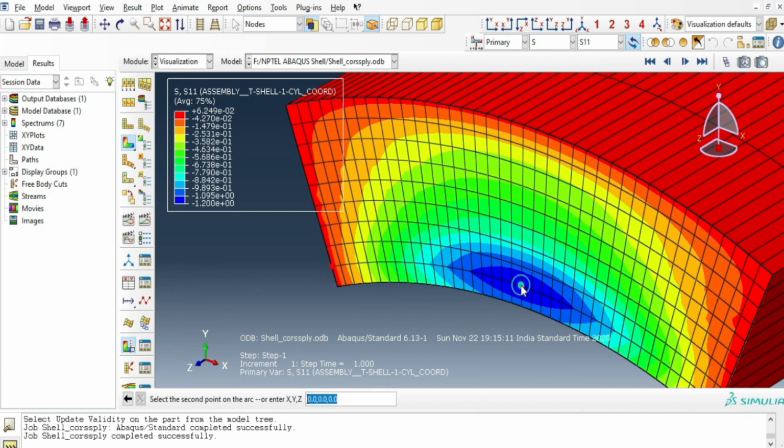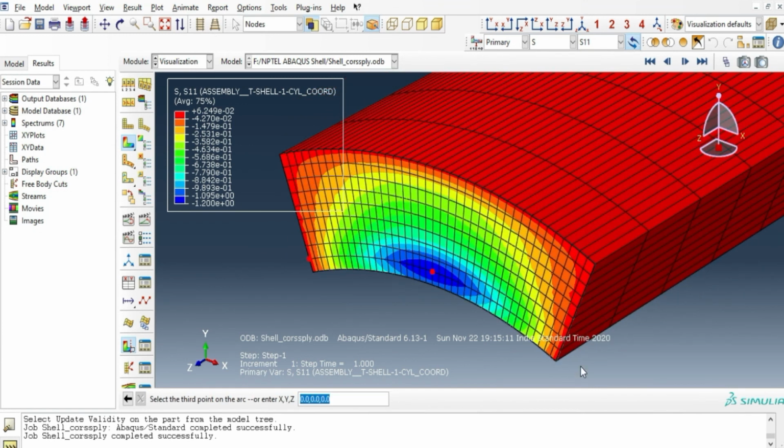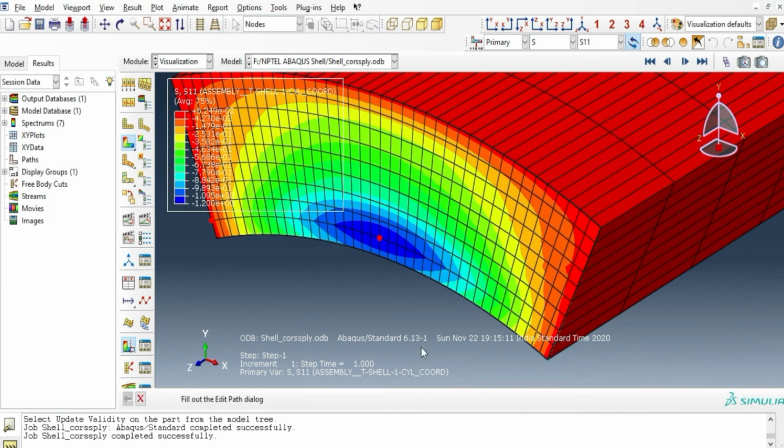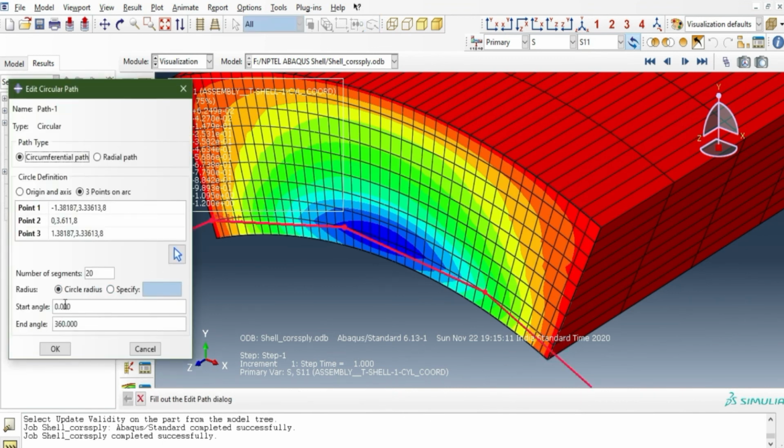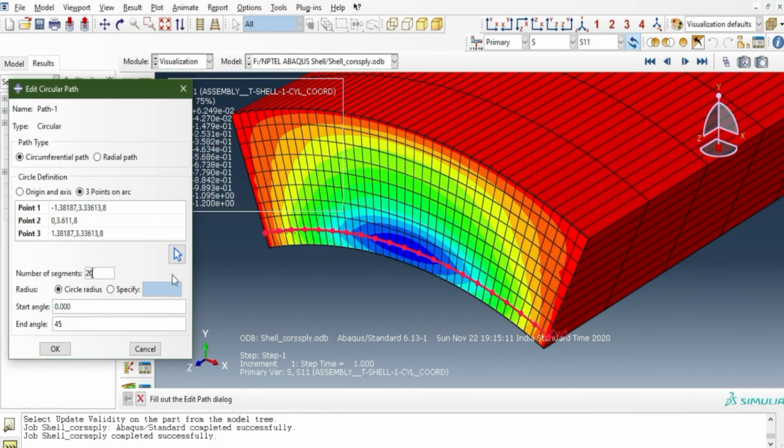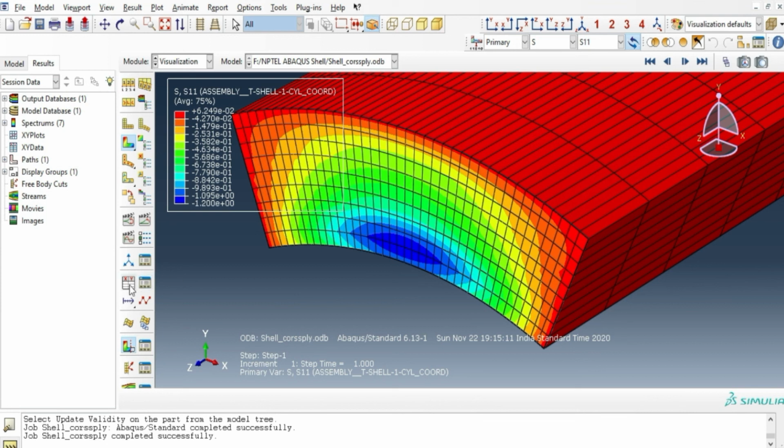So we are taking any 3 points on the arc for which we need to create the path, and this is the angle, that is pi by 4. So the path is created.